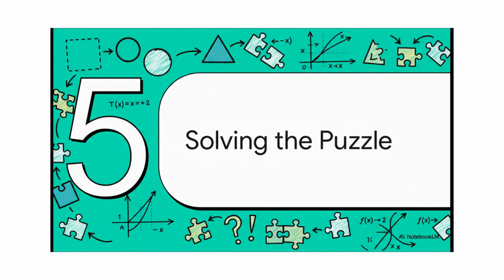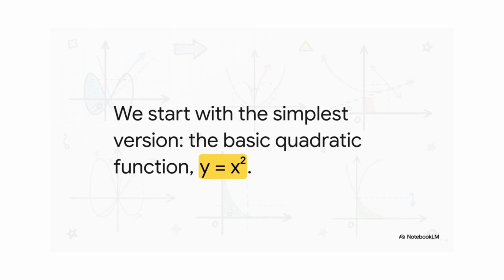All right, we have the blueprint shapes, we have the transformation rules, we have everything we need. It's time. Let's go back to that monster equation from the beginning and solve this puzzle once and for all. Okay, here's our equation again. The first step is to ignore all the extra numbers and just find the blueprint. What's the core shape here? Well, I see that little squared symbol, and that screams quadratic. So we start with the most basic U shape there is, y equals x squared, sitting right at the center